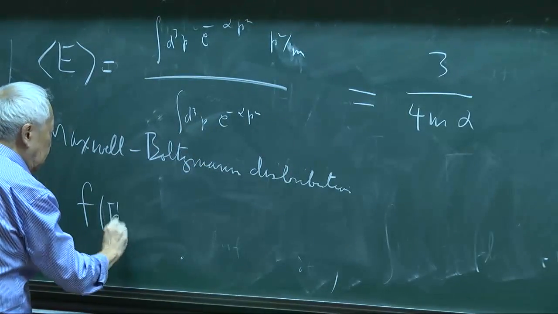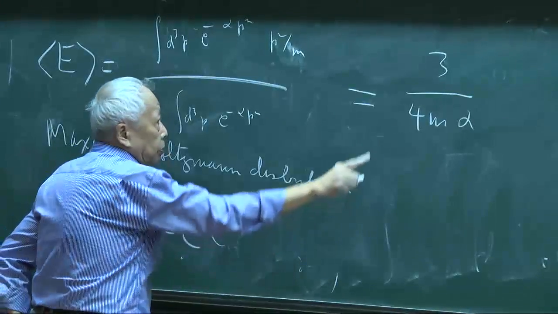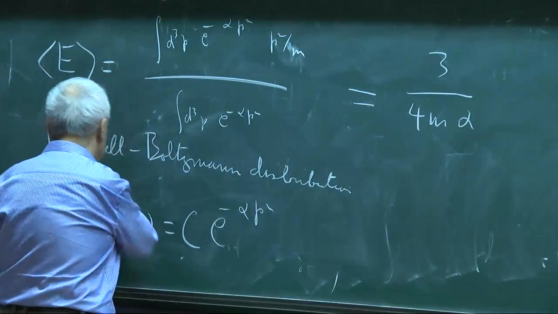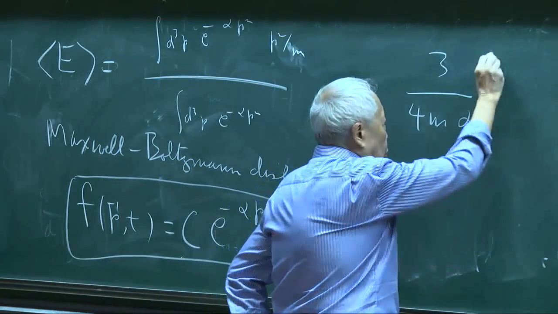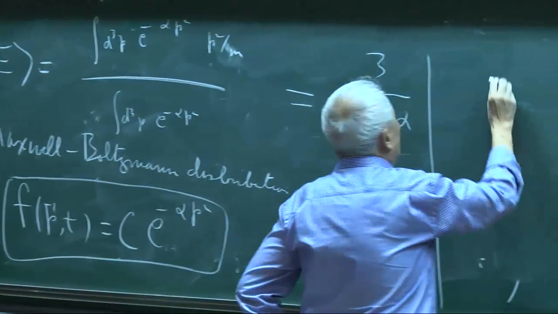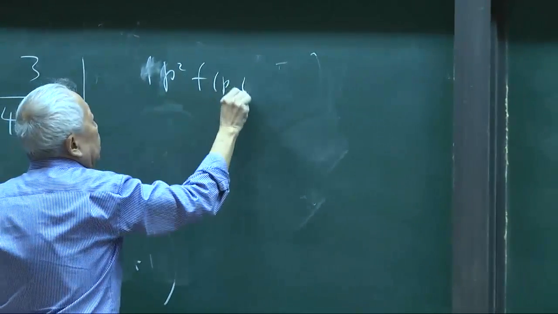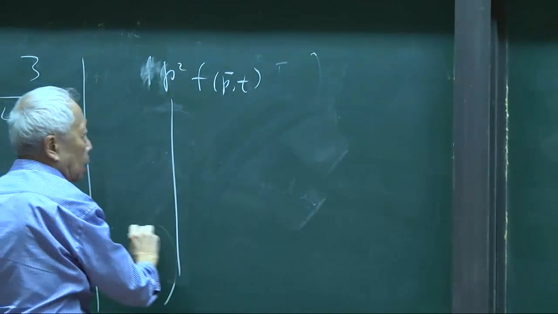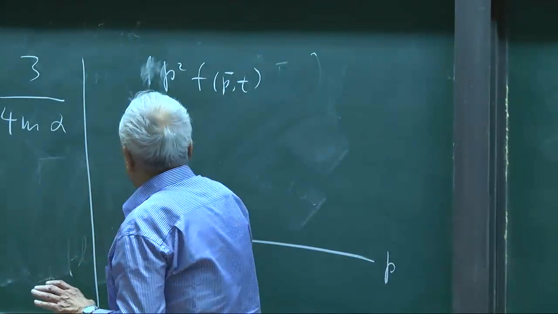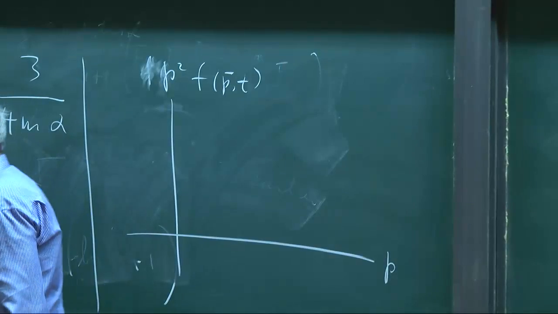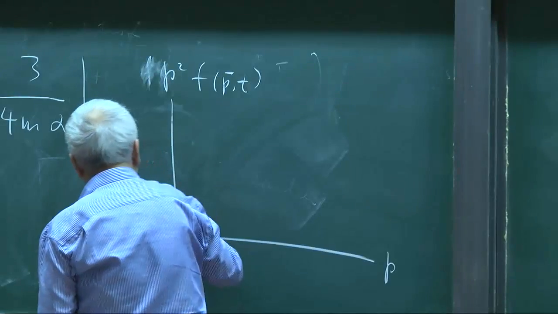It only depends on p, assuming that there's no external force, and is equal to C times e to the minus alpha p squared, where alpha is related to the average energy by this formula. So it's a Gaussian. And usually you want to plot p squared times f of p and t against p, because in momentum space this distribution depends only on p squared, and the shell of radius p is of area proportional to p squared. If you don't have this term, it's a Gaussian, but if you have this term, you get something like this,